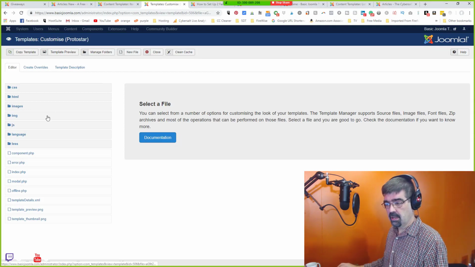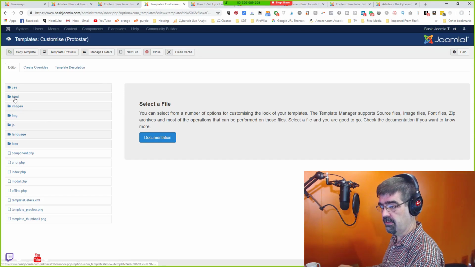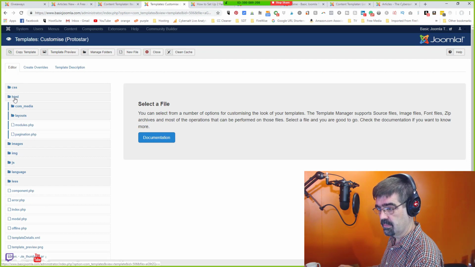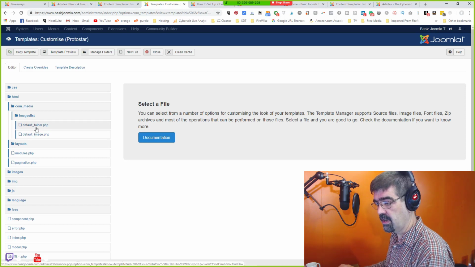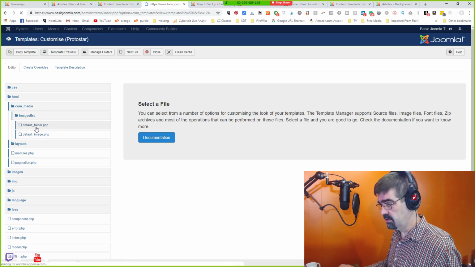And so I'm over here, and so you say this HTML folder. Yep. Layouts. And then for instance, it has for com_media a few template overrides for the image list in this case. Default. And there are the file names of the files you override. Okay, so if I go just to the default folder,